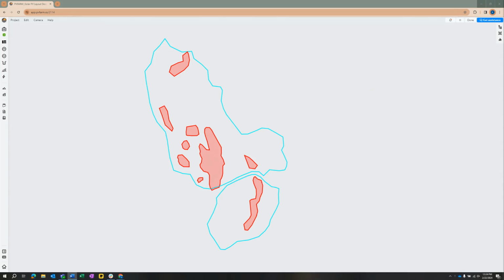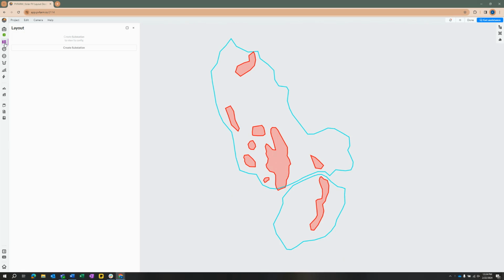Hello, and welcome to part 2 of the pile optimization process. In part 1, we brought in our boundaries, our inclusion and exclusion zones, and now it's time to make our first layout. We're going to start by coming over here to the layout panel, and there's only one option right